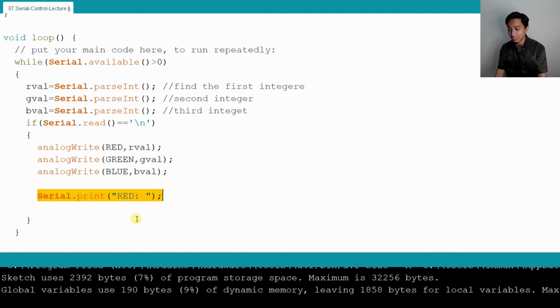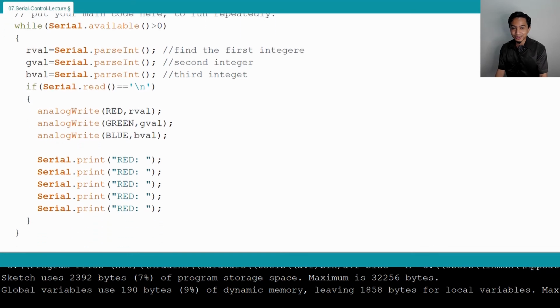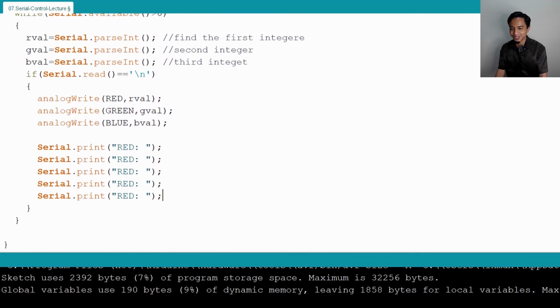If you feel this is too fast, this time around I go too fast, you can just slow it down. The YouTube video can be slowed down, and you can pause every part that you want. So red, and then it will display the R value, and then it goes to the green value in the same line. That's why I did not use println here. Green, with the separation of a comma here, with the G value,